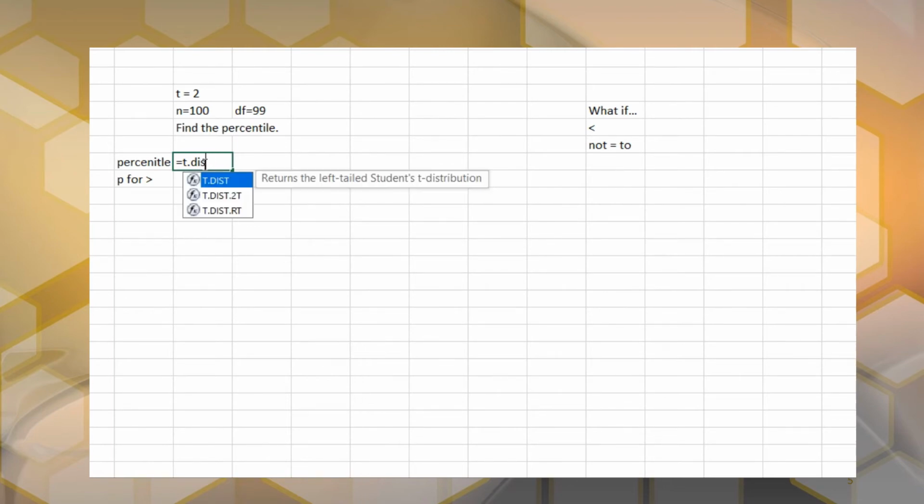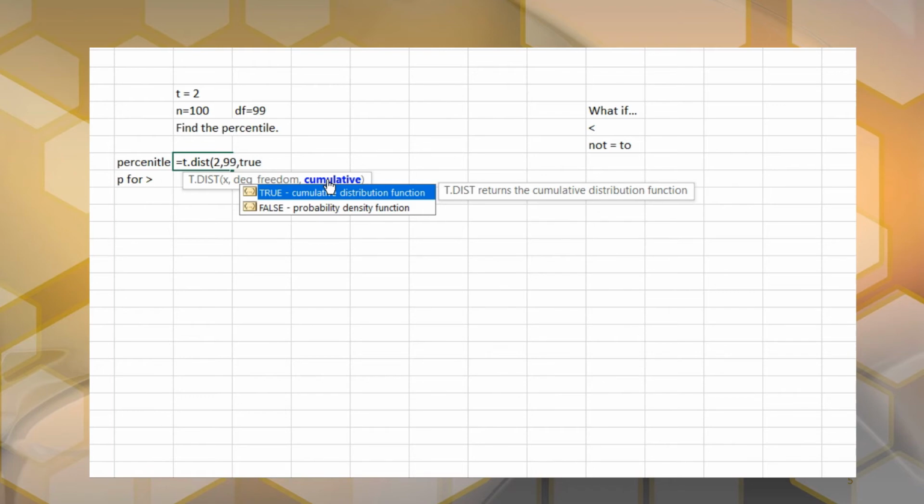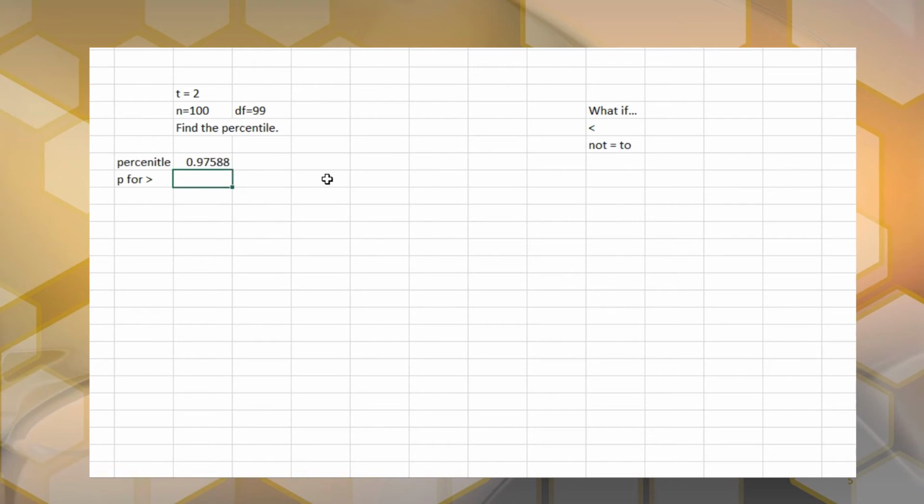and sorry, I'm doing this one-handed because I have a microphone in the other hand. But you put t dot dist and then put your t value for the x, comma, your degrees of freedom, which are 99, and then always put true. True gives you areas, not just an individual value, just that line. So always put true in this class. So that will get our percentile,